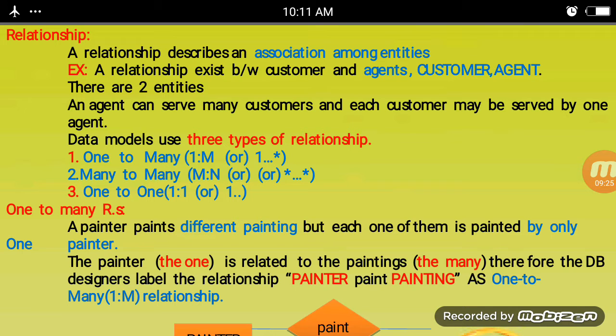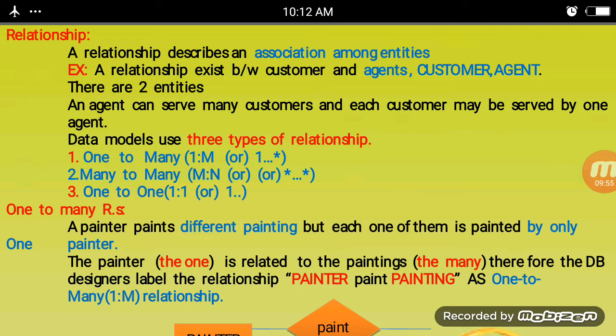For this definition, data models use three types of relationship: one to many relationship, many to many relationship, and one to one relationship.